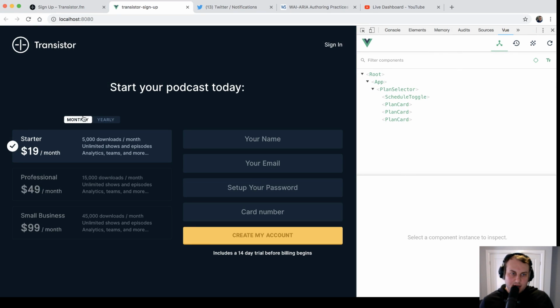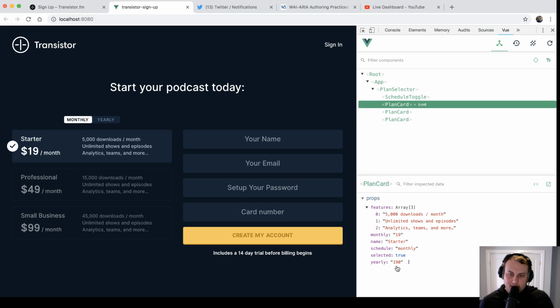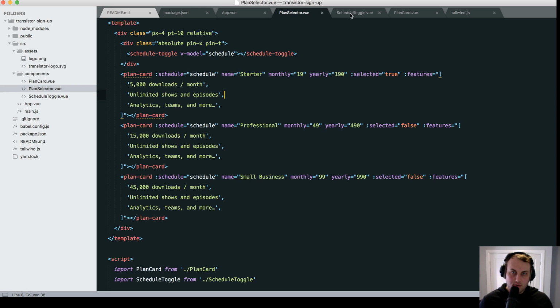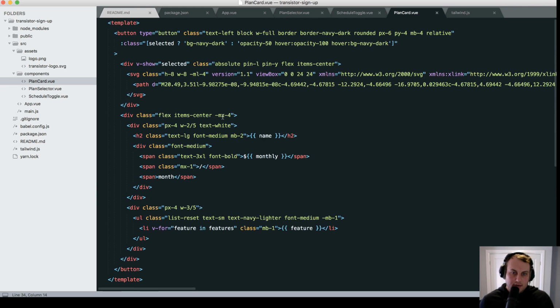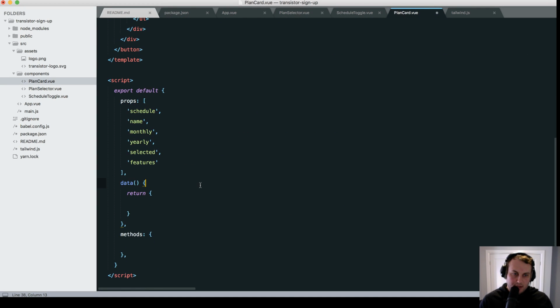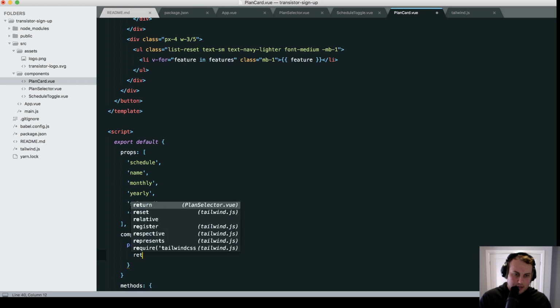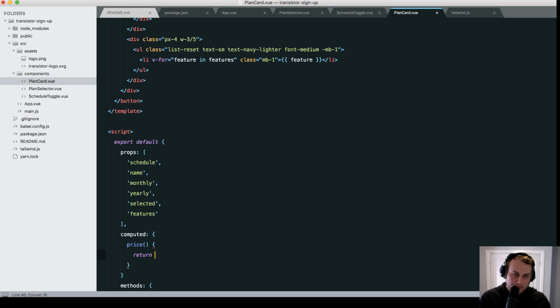Did we miss anything? We're not getting any errors, so that's cool. If we look at plan card, we can see that the schedule is monthly. If we select yearly, it changes to yearly. So each card kind of knows which version it should show. So we should be able to go here now and just update this to say price, and we'll make that a computed property maybe. We don't need any data here. So we'll say computed, we'll have a price that returns this dot schedule equals,